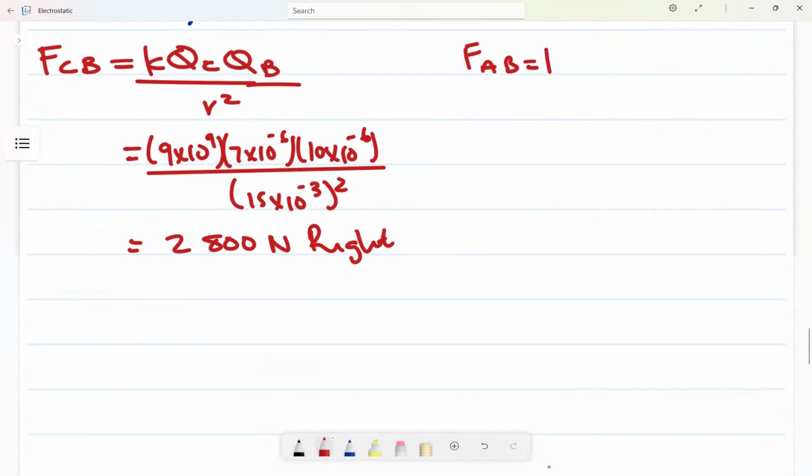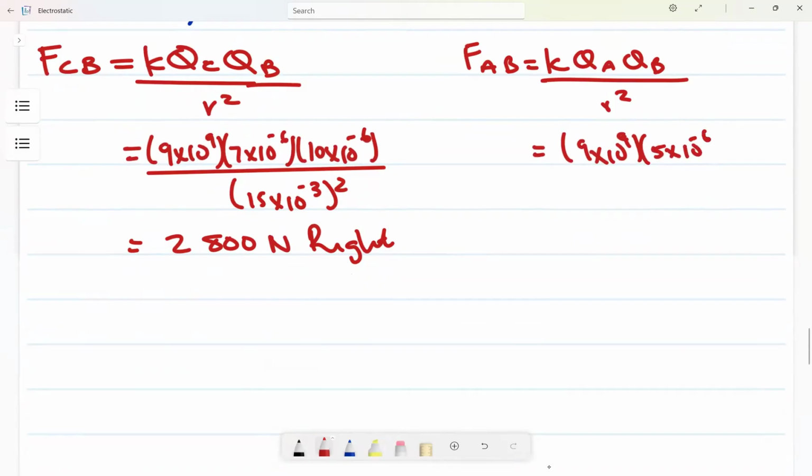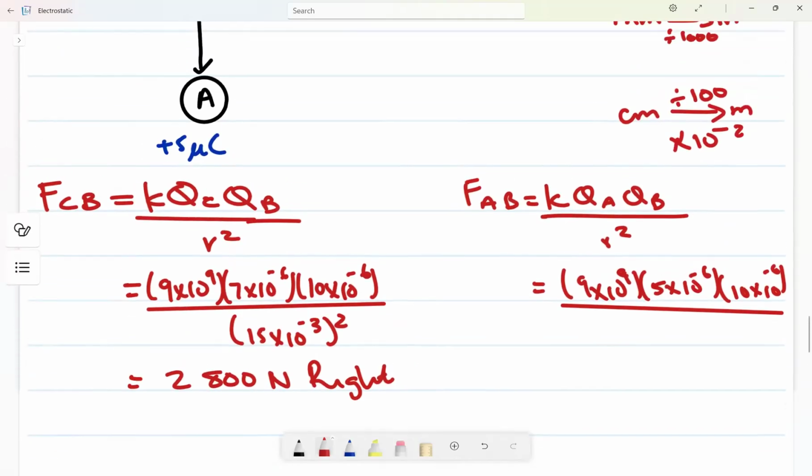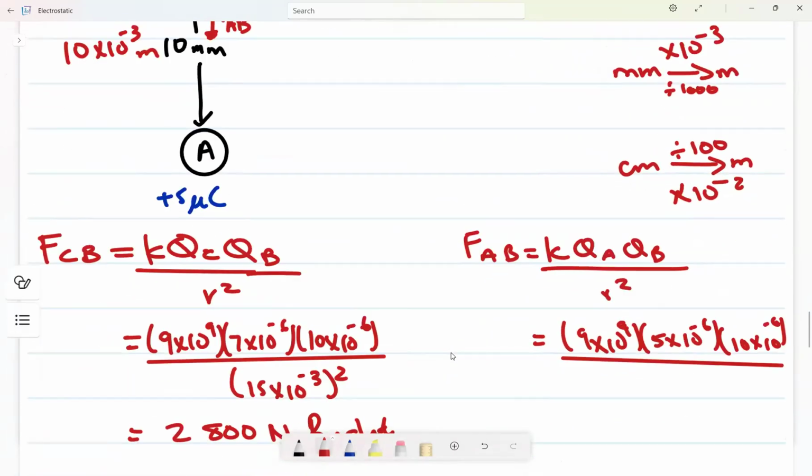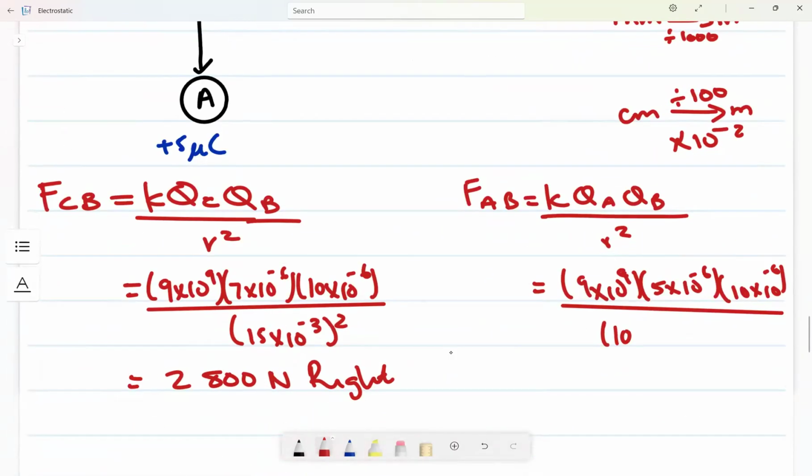Then what is force A on B? It will be k Q_A Q_B divided by r squared. This is 9 times 10 to the power of 9. Charge A, no, I'm lying, charge A is 5 times 10 to the power of negative 6. Then charge B is 10 times 10 to the power of negative 6. Divided by, what is the distance? The distance between B and A was 10, so it will be 10 times 10 to the power of negative 3 meters, squared. So how much value do I get? I get a value of 4,500